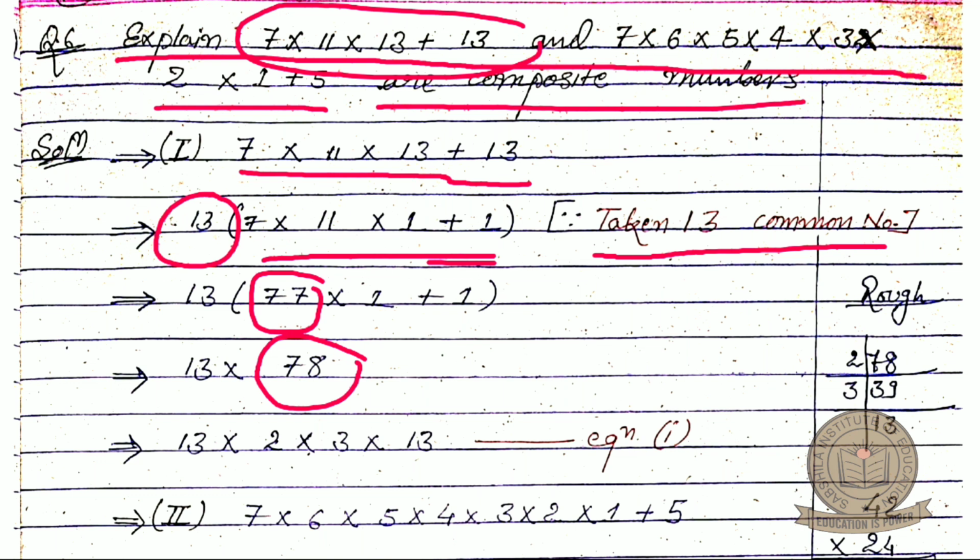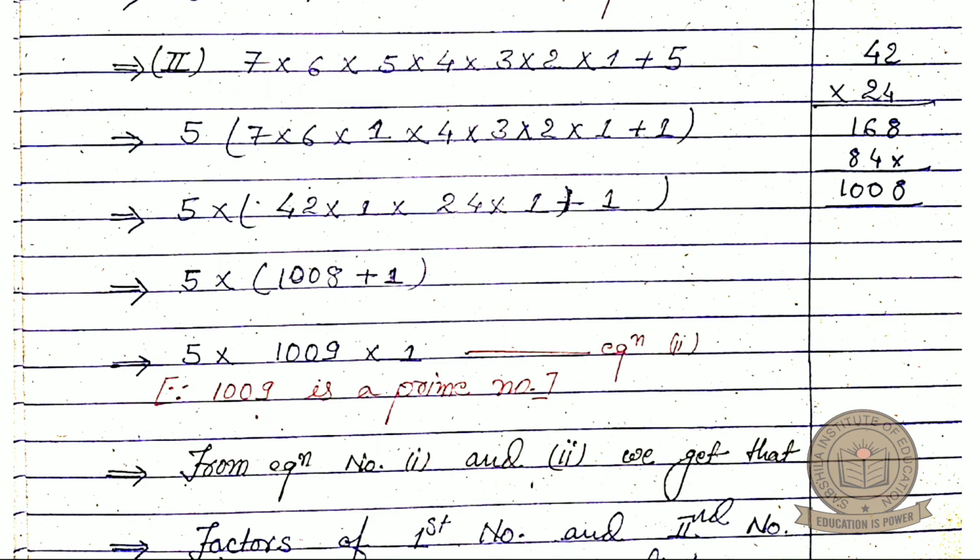If you find the prime factorization of 78, then you will get 2 into 3 into 13, and the 13 we have already, so we can write 13 into 2 into 3 into 13. It is equation number 1. Okay, everyone? See the second part of the question, that is 7 into 6 into 5 into 4 into 3